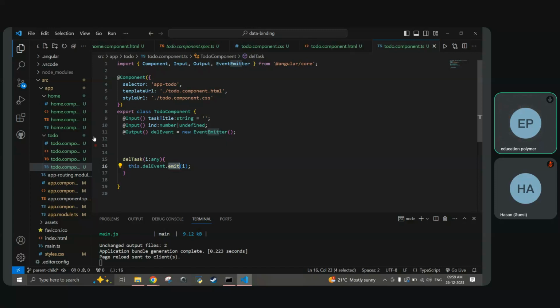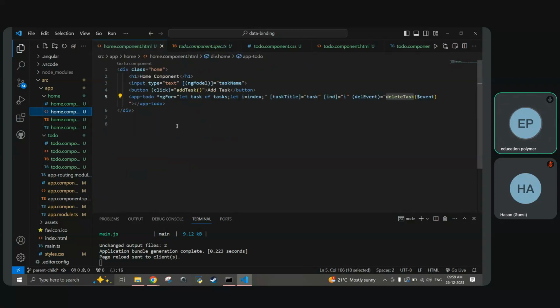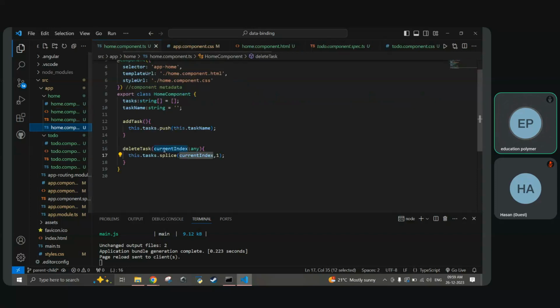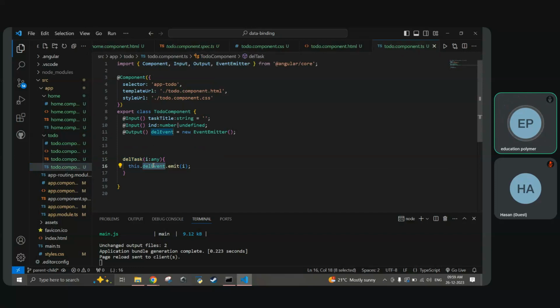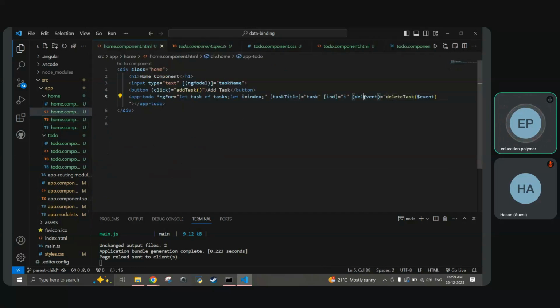Now in the parent, what we are doing is using this del task. This is the child method, isn't it? So this child method I am using. So here what is happening, what is the event name? Event name is del event. So this del event is emitting the data, so I have to use it here as an event, because this is event binding. In parentheses we write only the event. So I am writing del event, and delete task of dollar event is the method which is present in the parent. So you have to remember always,